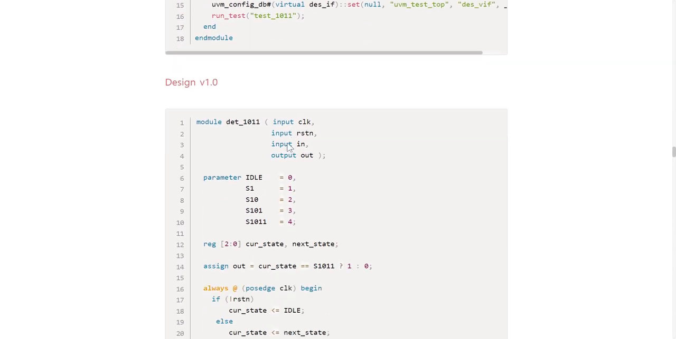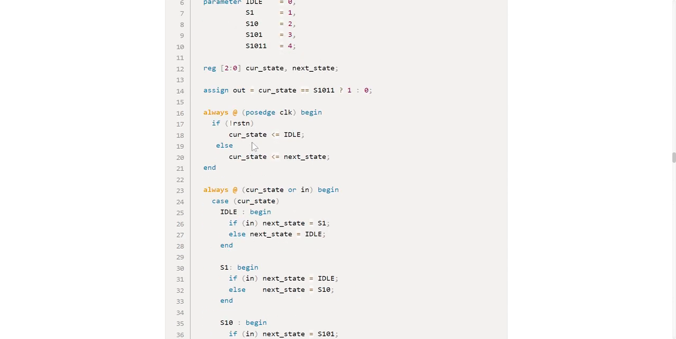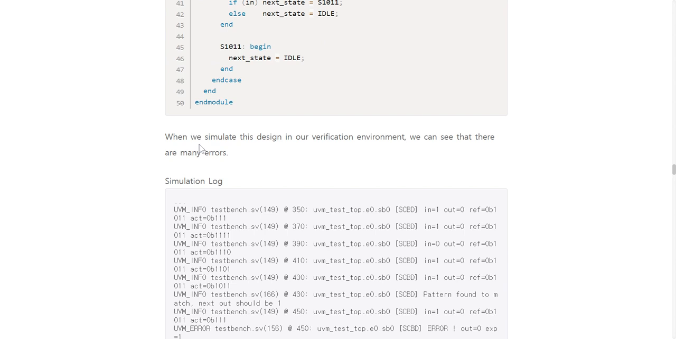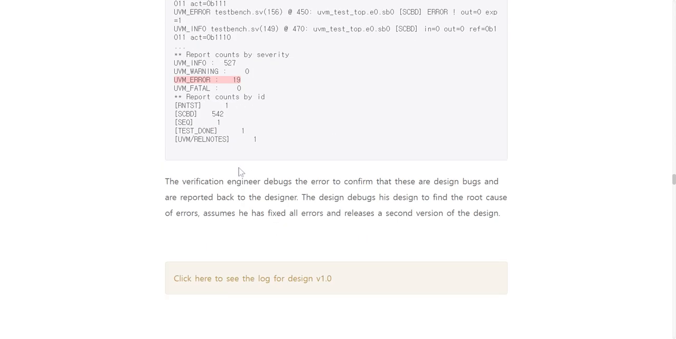and design version 1.0. And when we simulate this design in our verification environment, we can see that there are many errors. The verification engineers debug the errors to confirm that these are design bugs and report them back to the designer. The designer debugs his design to find the root cause